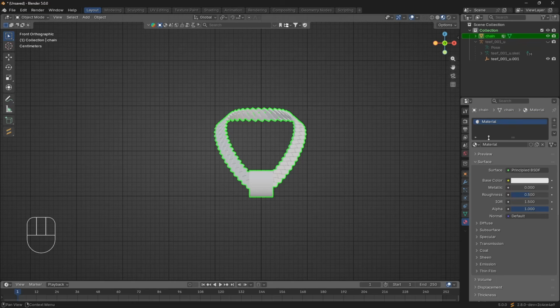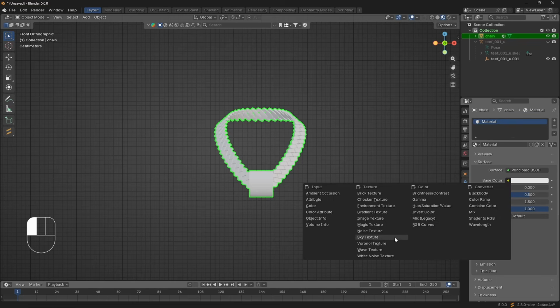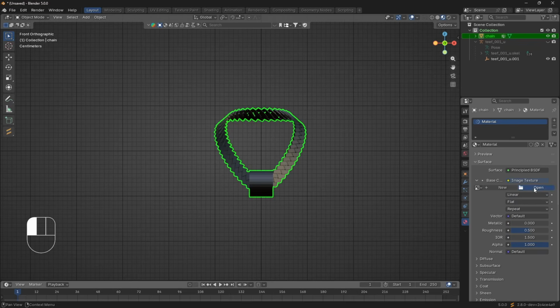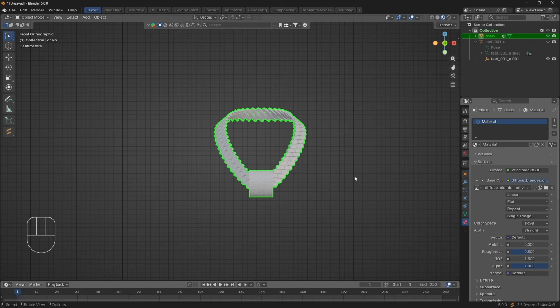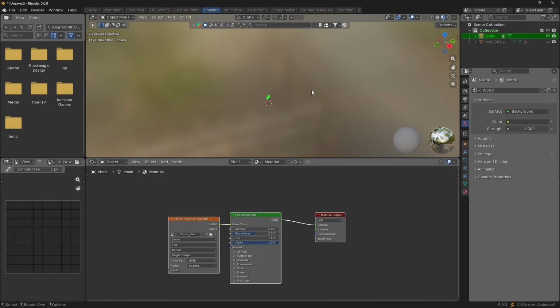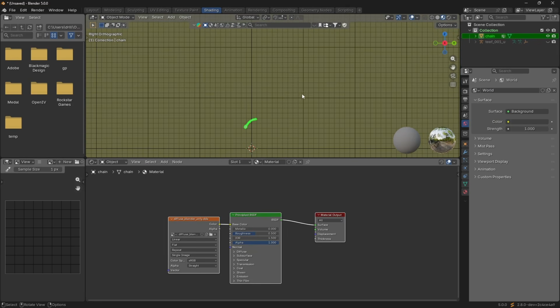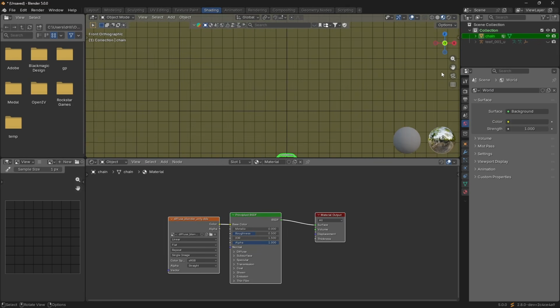So we will need to convert this in a moment, but we will change the base color to image texture, and we will open our texture. I am just using a plain diamond texture. I will give you this in the folder with the other files that I said I'll give you, just so that if you want to follow along, everything's the same. So I'm going to be selecting this, opening it, and that's going to go on there. Next, we're going to go up to our shading tab. We're going to come on here. We're going to see we've got these nodes here, but again, these are just a Blender material at the moment,